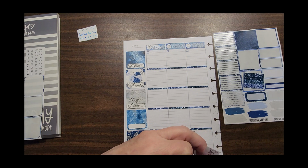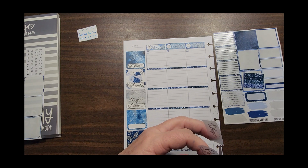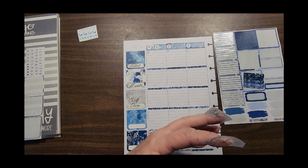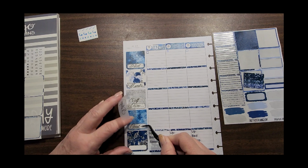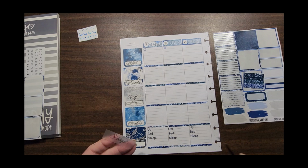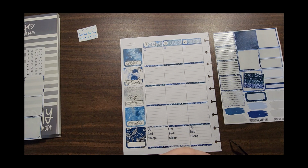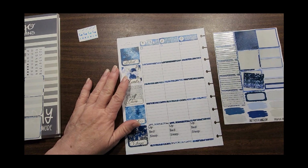I don't have to make them perfect, and if you have a Cricut, I'm sure you could cut them out and put them in a box. I don't need them in a box because that's more work, and the box won't match every day, so I just make them the size and font that I want, and that is good enough. Now we know what categories are. We can go back to Noted,